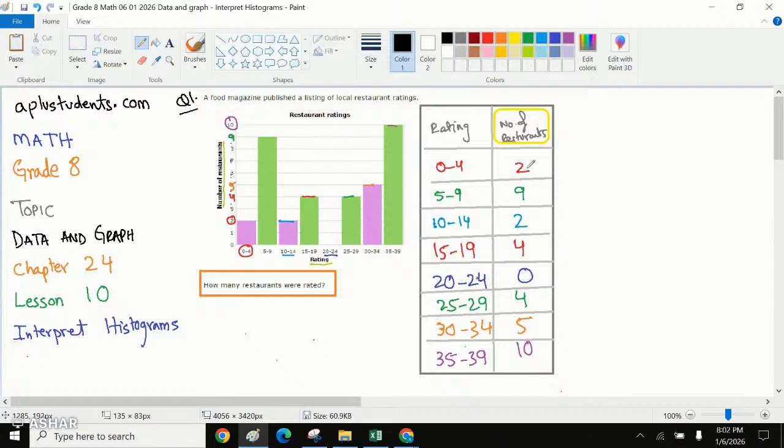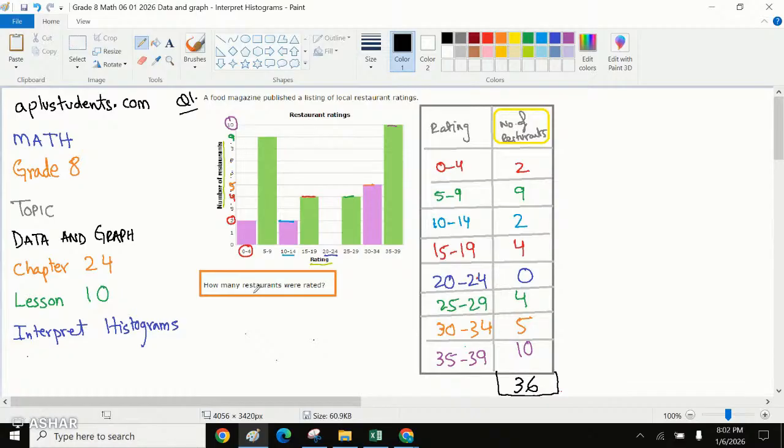We can say 2 plus 9, 11. 11 plus 2 is 13. 13 plus 4 is 17. Plus 0, 17. 17 plus 4 is 21. Plus 5 is 26, and 36, right? So the total number of restaurants over here would be 36